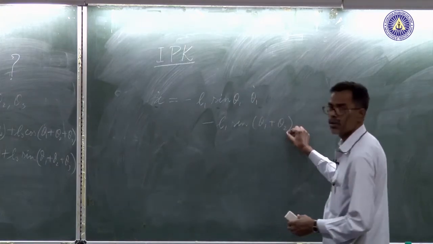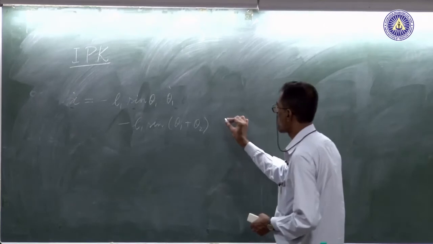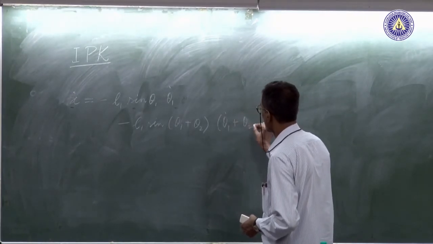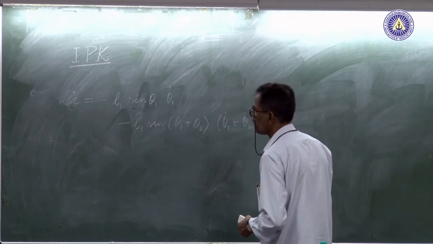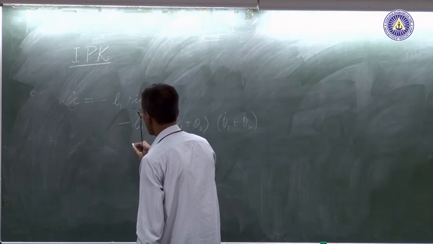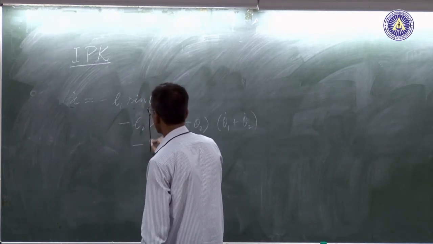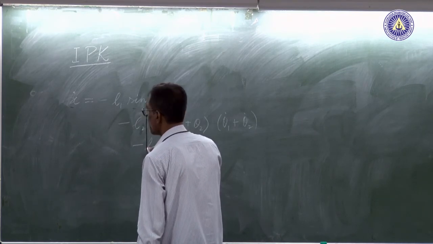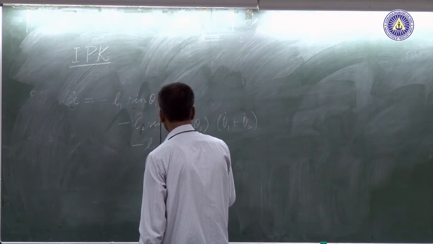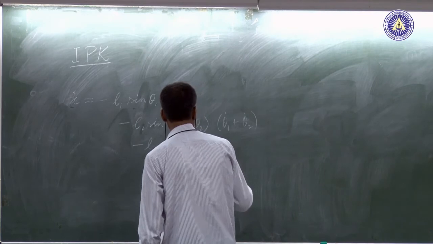This into theta 1 dot plus theta 2 dot. Okay. Then from the last one, oh, this is L 2, no? Yeah. Then from the last one, L 3 minus L 3 sin theta 1 plus theta 2 plus theta 3 into